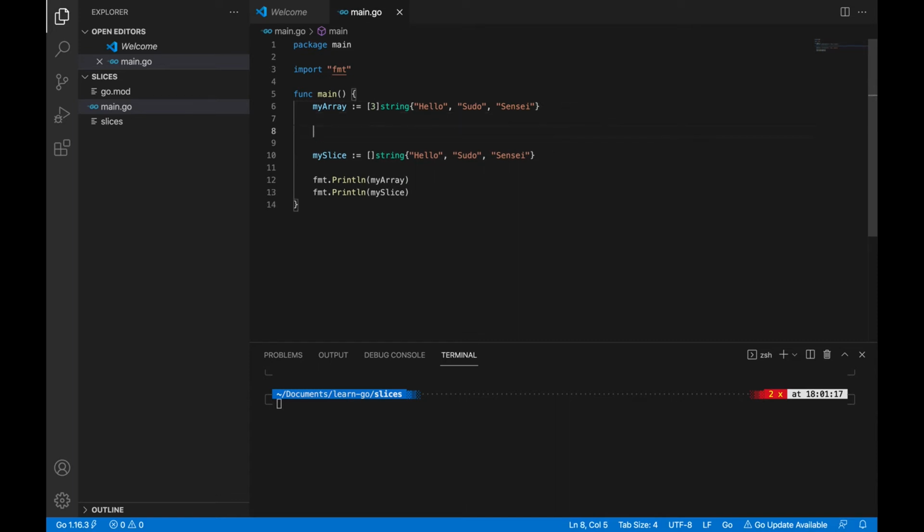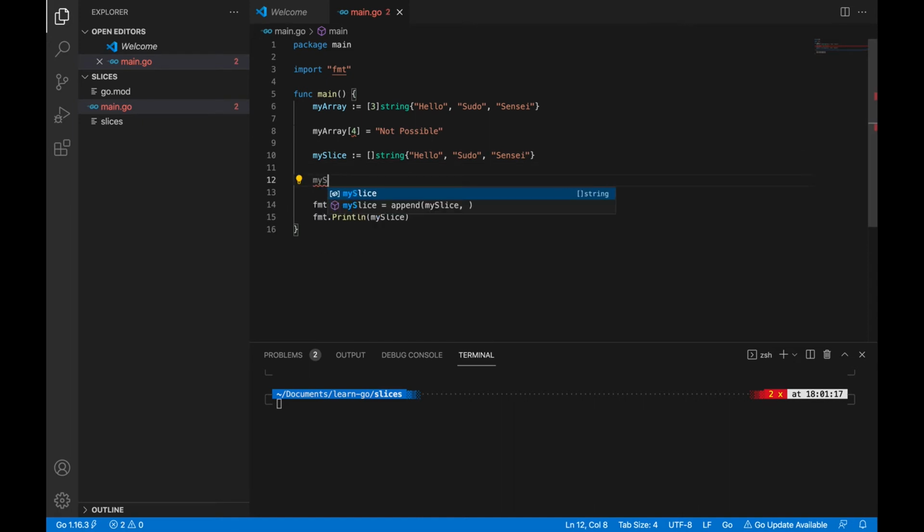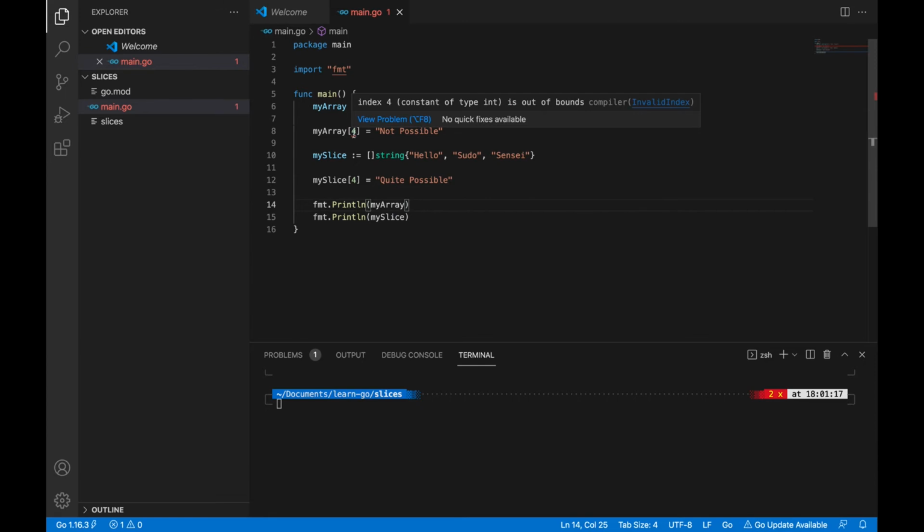So I'm going to do a my array and try to put an object in the 4th position, and let's say not possible. And I'm going to do the same for my slice, quite possible. Great. So what you're seeing here is a red squiggly line under this, and it says that